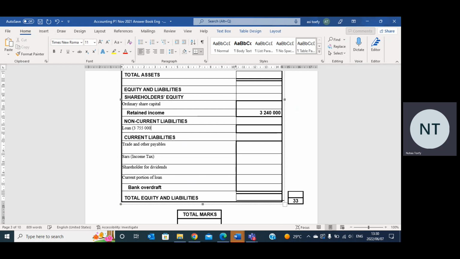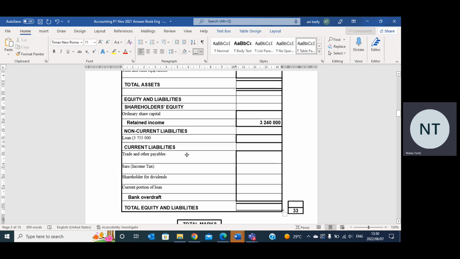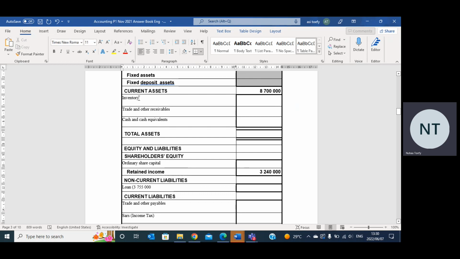We have to put the one at the end of the year because we are drawing up a balance sheet at the end of the year. Our trading stock, we need to know, goes into inventory. And you guys really need to know what goes under which heading. The other thing that goes under inventory is consumable stores on hand. So that is